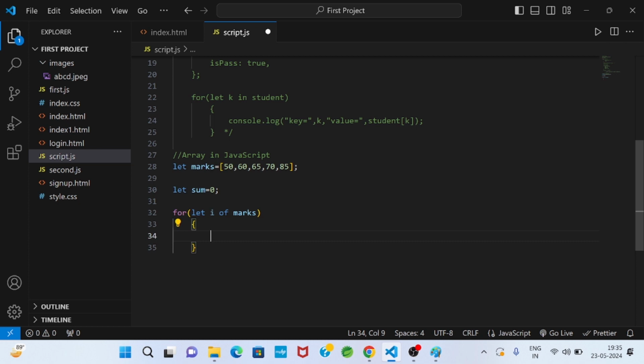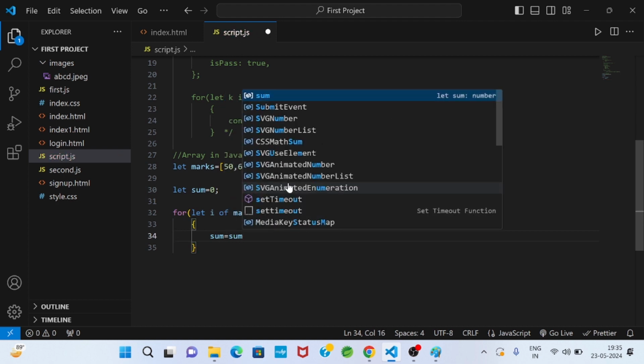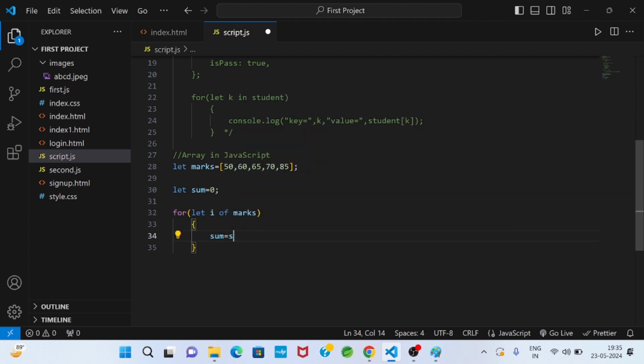When 50 comes to i, the loop body will execute. I can write sum equals sum plus i, or you can write sum += i. That means sum equals sum plus i. So 50 will come to i, sum equals 0 plus 50, that is 50.